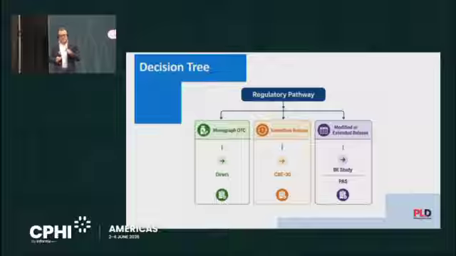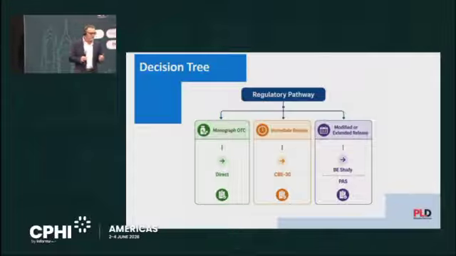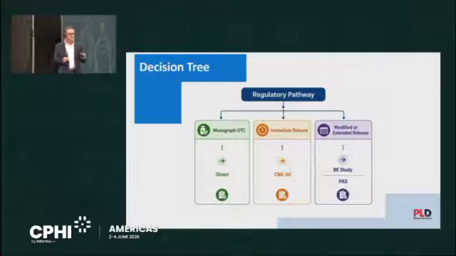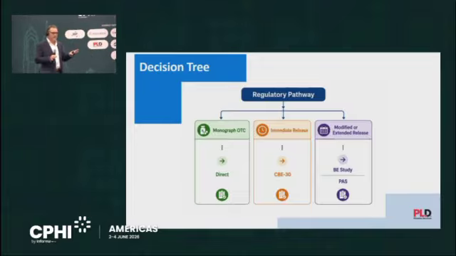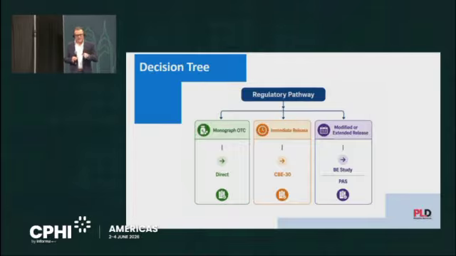Then you get into the immediate release and the modified. These govern the NDA and the ANDA pathway. So the FDA runs under their guidances, their SUPAC guidances for transfer of a modified release or immediate release. Immediate release product is one that has no sort of technology built into it in order to modify its drug release characteristics. It's an immediate release product like a Tylenol, for instance, acetaminophen or a paracetamol. That generally will be a CBE 30 on your transfer, because the FDA doesn't view that as a high-risk category